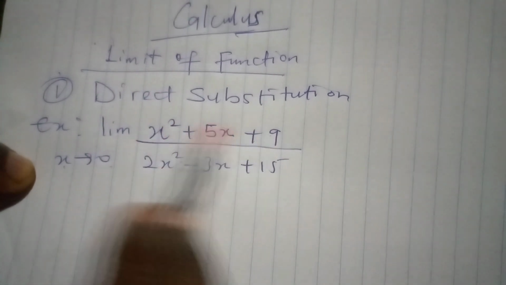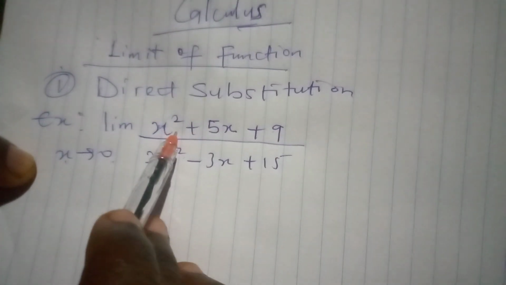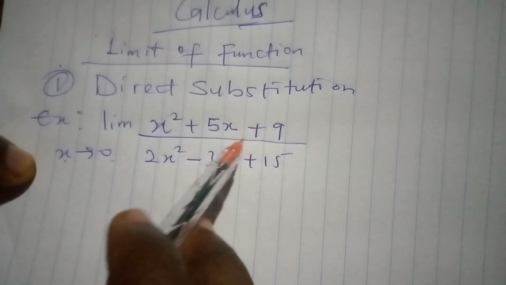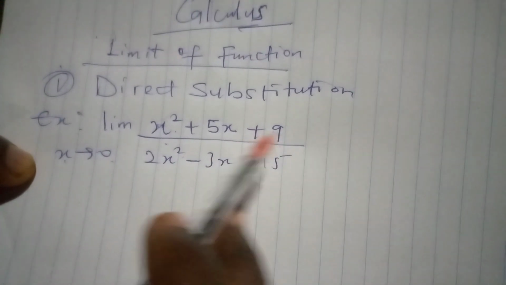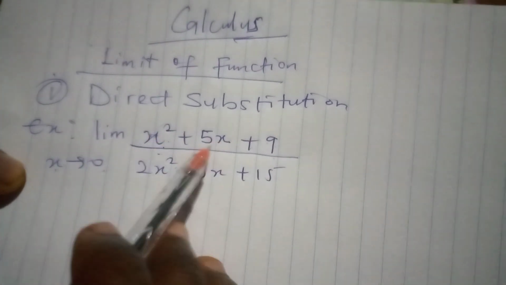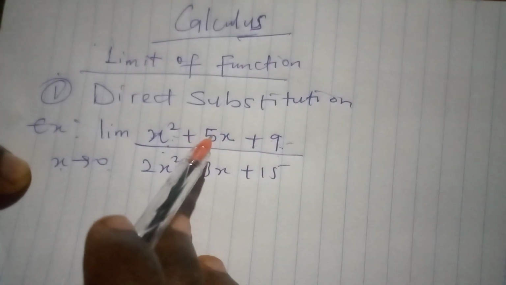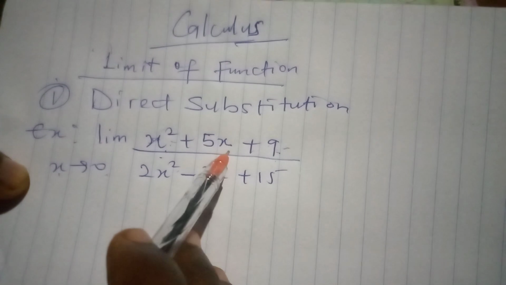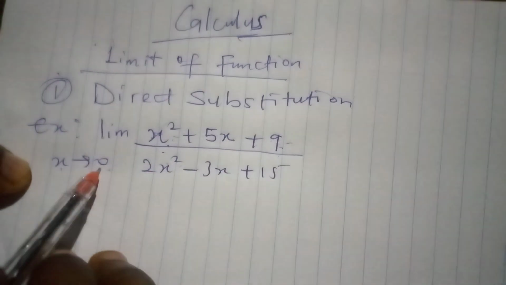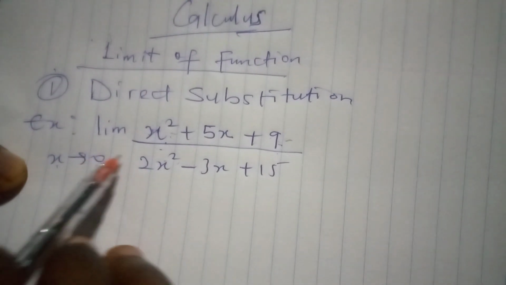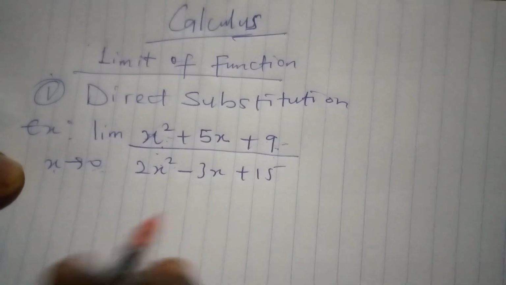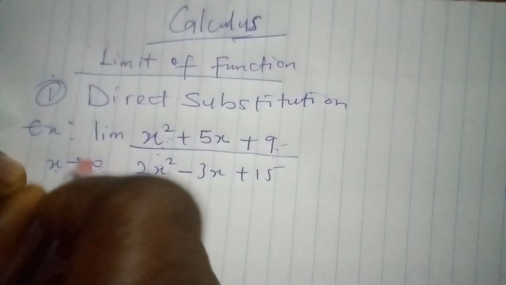If you try to factorize this quadratic, you will discover that you won't be able to factorize it. When it is not factorizable, what you do is substitute the value directly into it. That means if I put my 0 here,